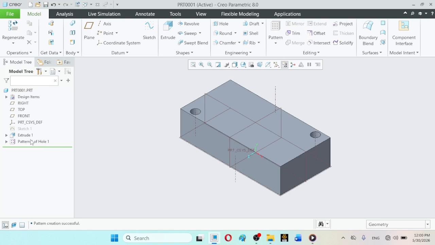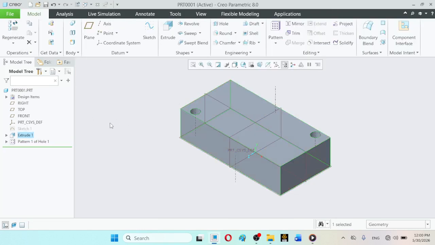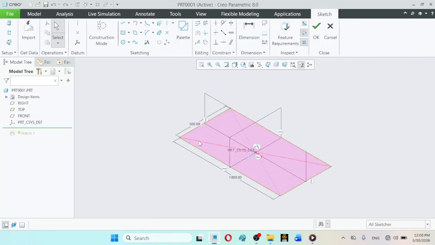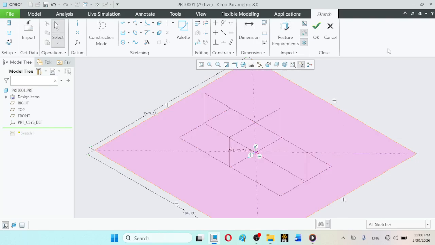For example, we can increase the dimension of the parent object like this. This sketch can be randomly increased here.